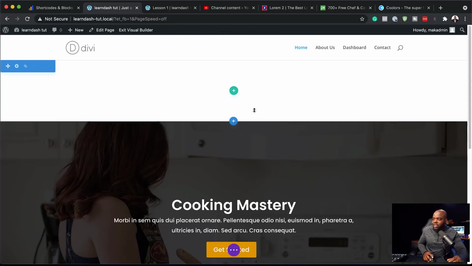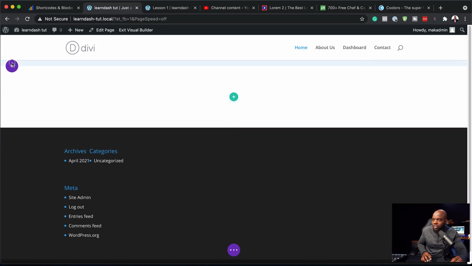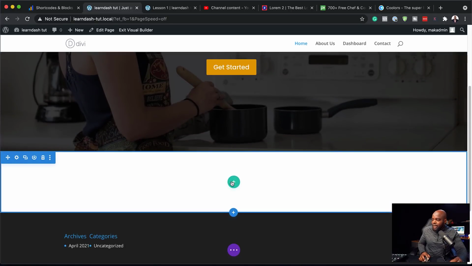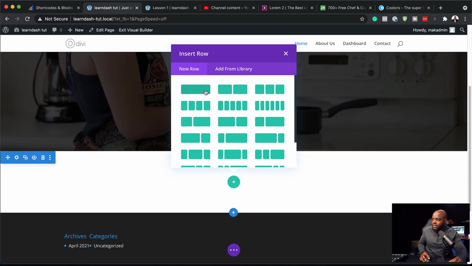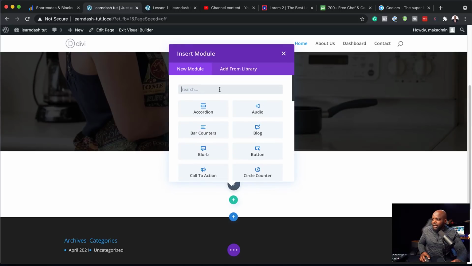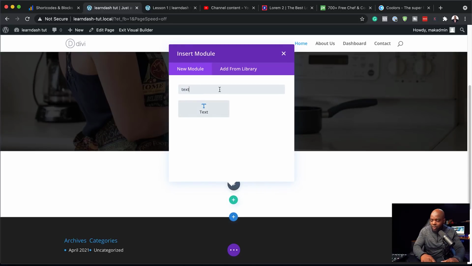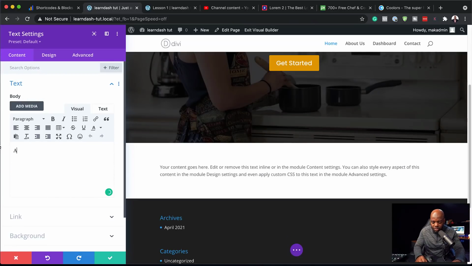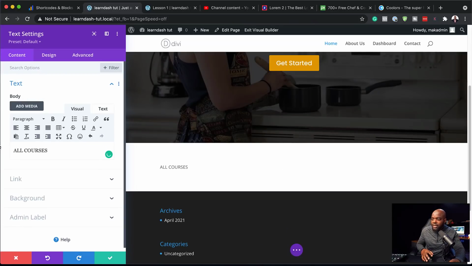Okay, so as you can see, we have this white gap here on the top. I'm just going to drag this now to the top like that. So this now becomes our main landing page. Next, I'm going to come over here now and add a single column. And here I am going to add a text module. I'm going to select it, and I'm just going to say all courses, because this is the title of this